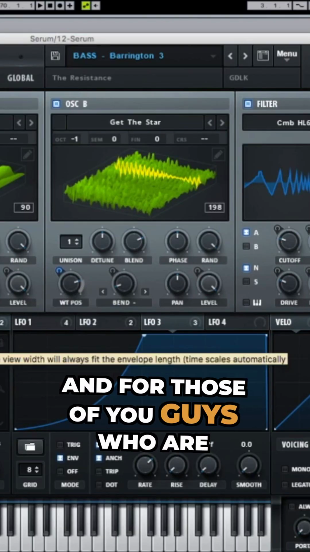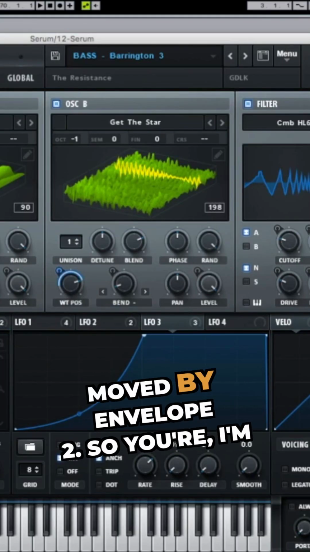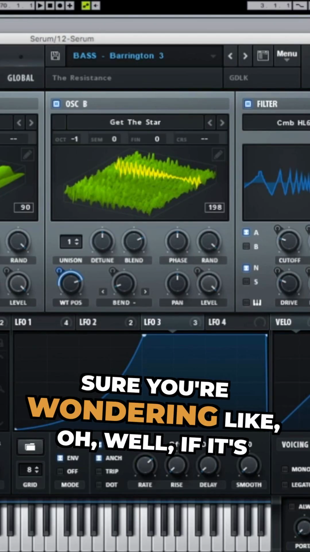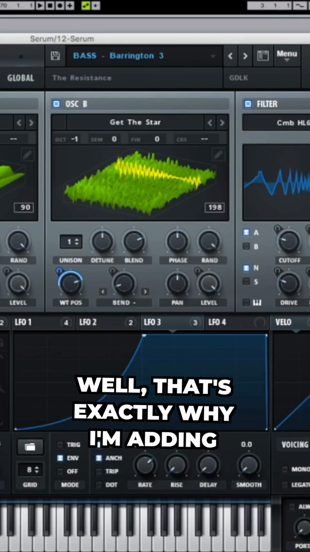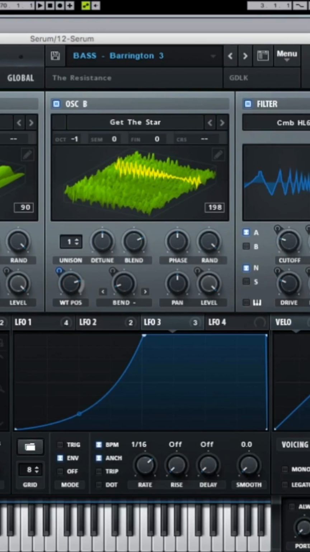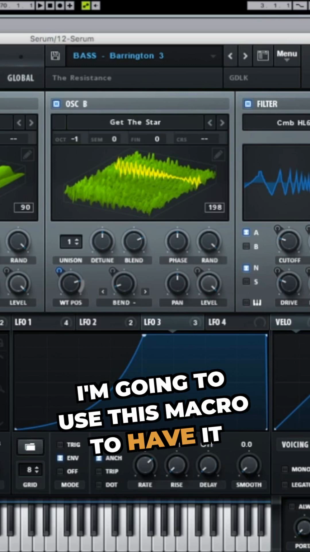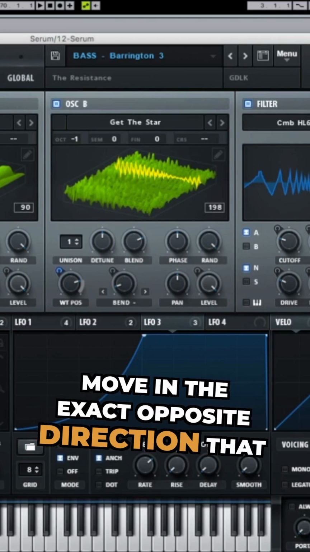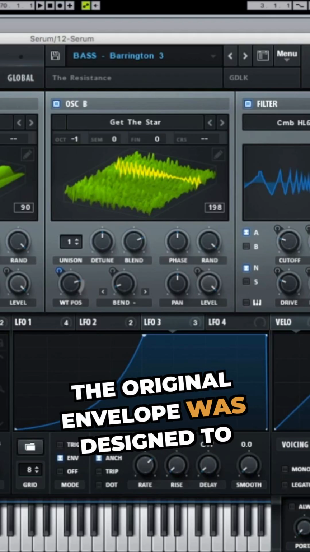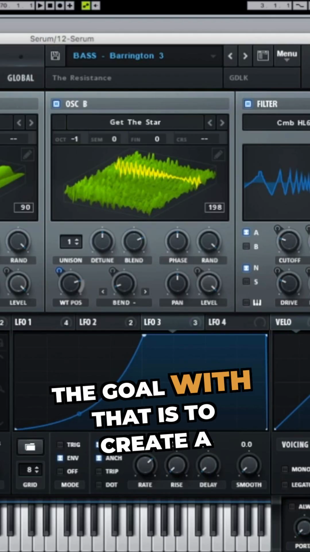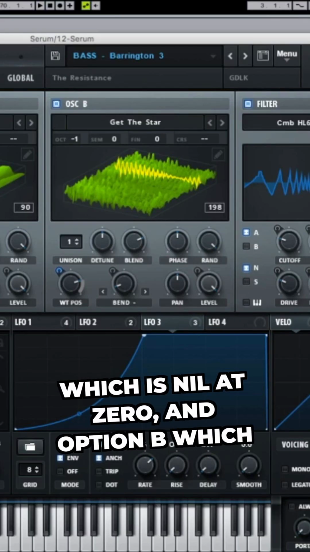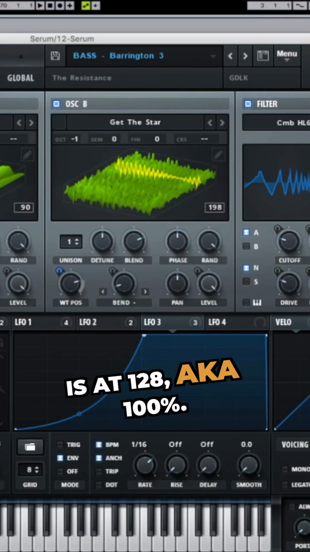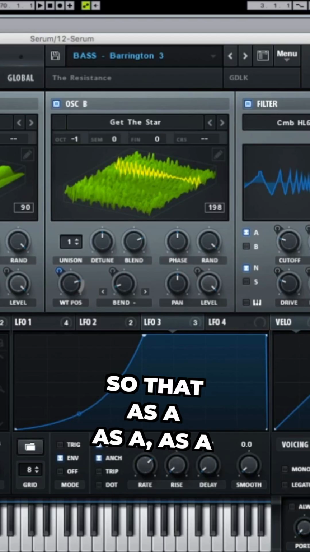And for those of you guys who are keeping up, those have already been moved by envelope 2. So I'm sure you're wondering, oh, well, if it's already being moved and being modulated, why are you adding something else to it? Well, that's exactly why I'm adding something else to it. I'm going to use this macro to have it move in the exact opposite direction that the original envelope was designed to have it move in. The goal with that is to create a dynamic sound between option A, which is nil at 0, and option B, which is at 128, aka 100%,